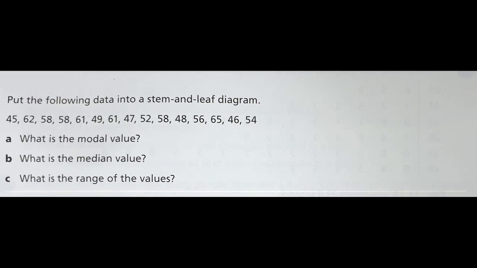Now, in order to proceed in drawing the stem and leaf diagram, we have to decide on the stem and the leaf. In this case, the tens digits will be the stem and the units digits will be the leaf. Once we have decided, we write the key. That is, 45 we write as 4, a vertical line, and a 5, which represents 45.